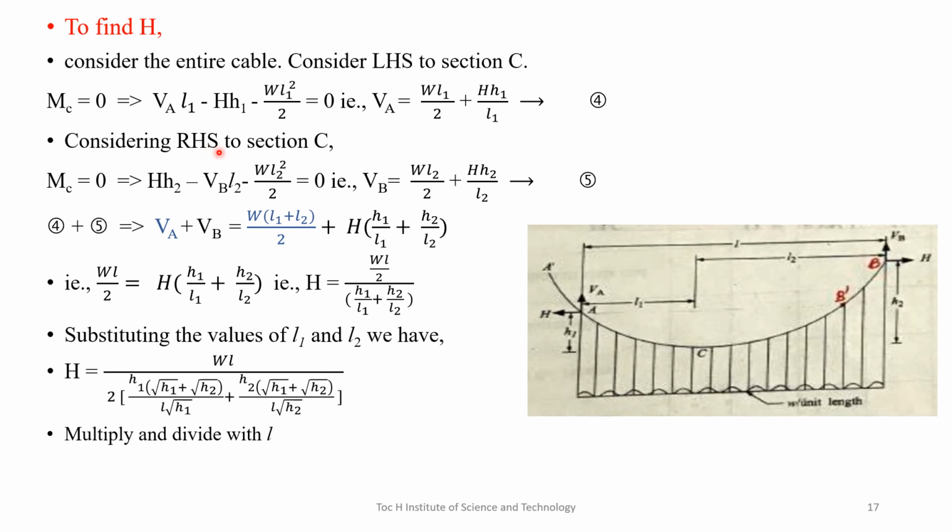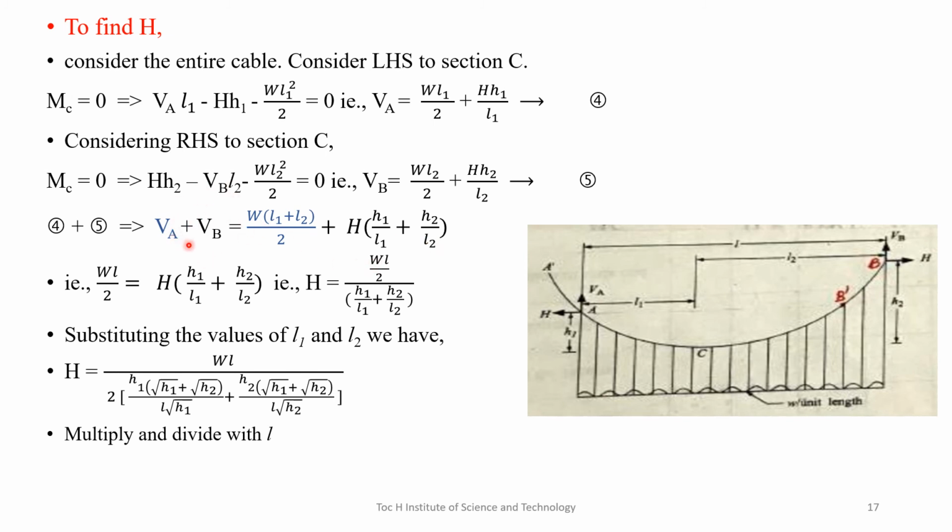Also consider the right hand side of the section. Let's consider the right hand side of the central part and equate the moment to 0, so that H into H2 minus VB into L2 minus W into L2 square divided by 2 is equal to 0, which implies VB equal to WL2 by 2 plus H into H2 divided by L2, and put it as equation number 5. And let's add 4 and 5, that is VA plus VB is equal to this equation,